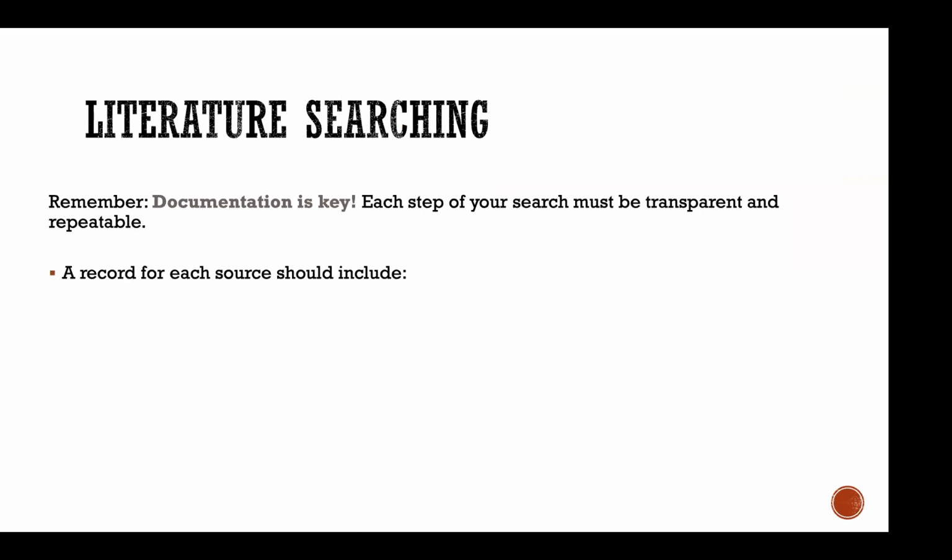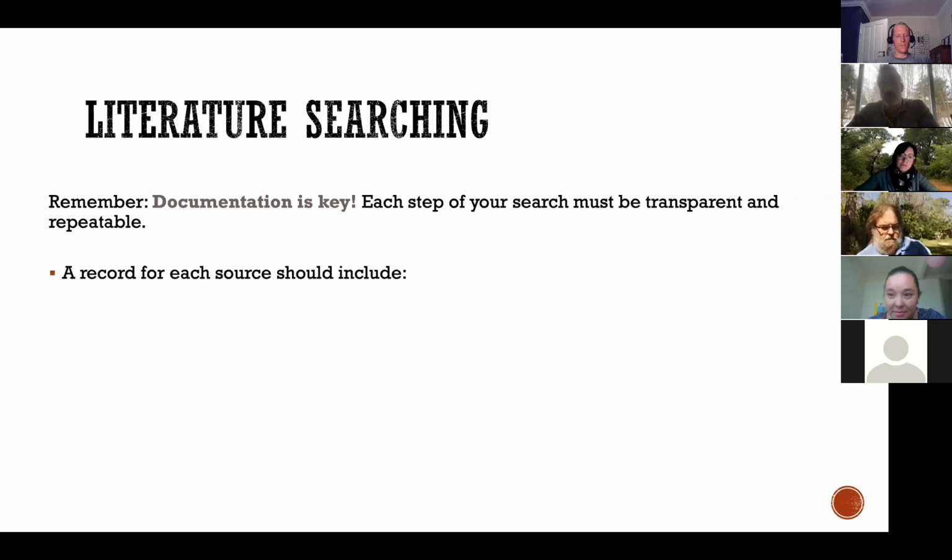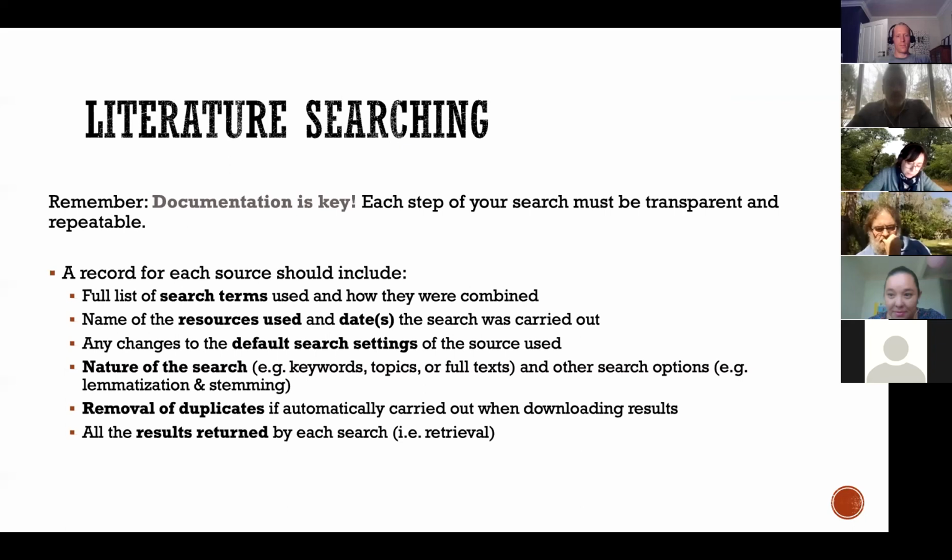So when searching for literature, you should document everything you're doing. You need to be transparent. And the idea is that someone else should be able to come along and use all of your steps in your methodology and get the exact same or very close to the same information that you've received. And so there should be a record for each source. So you should have a full list of the search terms that you used and how they were combined. There needs to be the name of the resources and databases that you used and the dates that they're searched, so that somebody can go back and set the database to that date